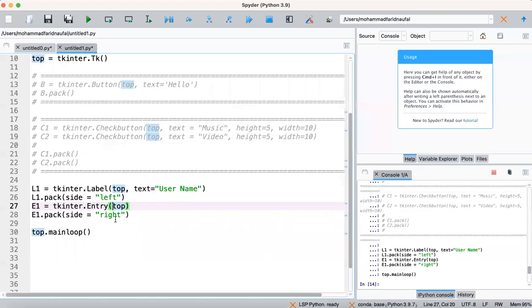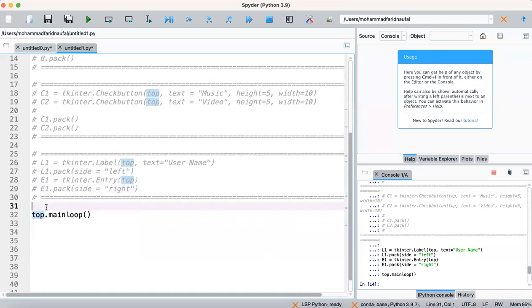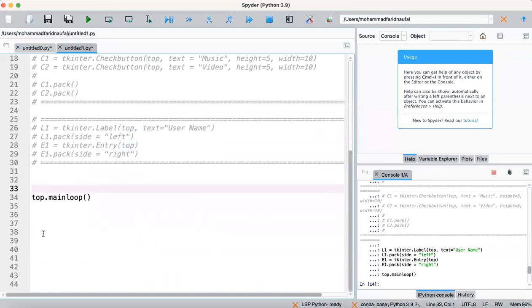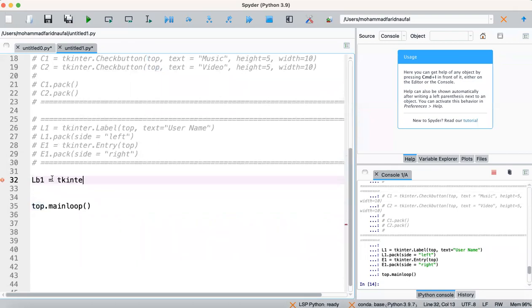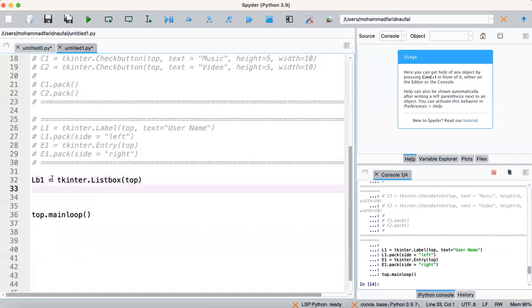So I will comment out the previous code here. Then the next one is for the list box. LP1 will be the list box, equal to tkinter dot Listbox, and then we place it into the top main window. Then we insert options into the list box.